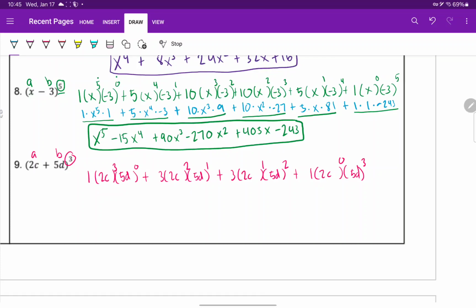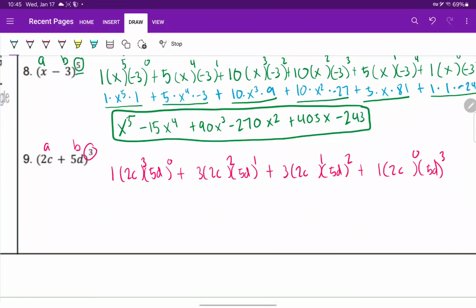All right, from here, this one you do have to be careful. You should work them out fairly slowly to make sure you do get them right. Okay, so over here we have 1 times. Now I'm going to show my work here. Remember, this is power to a power. There's 2 terms in here, so it's 3 times 1 is 3, 2 to the third, times 3 times 1 is C cubed, times 5D to the 0 power, since all raised to the 0 power, that is 1,